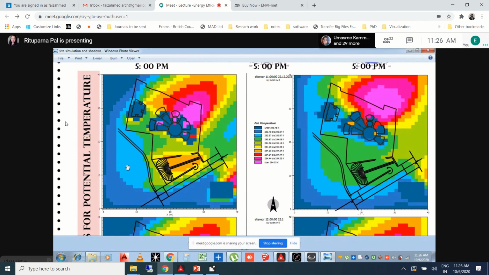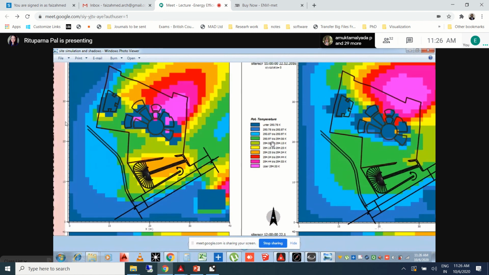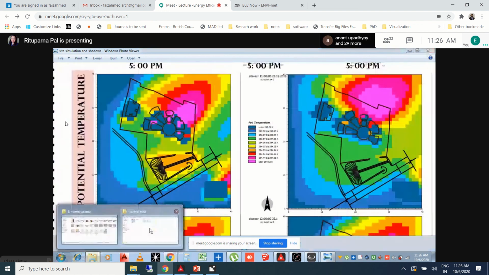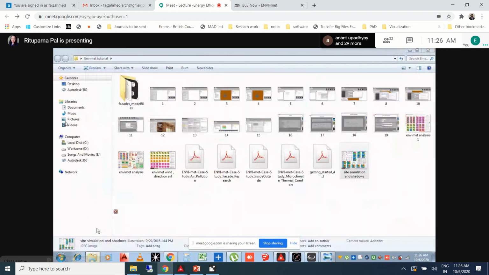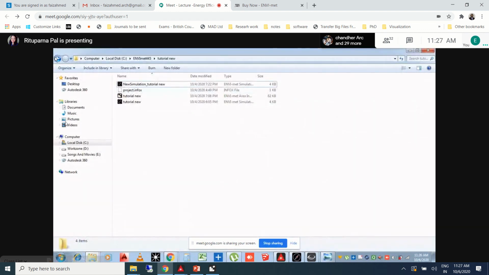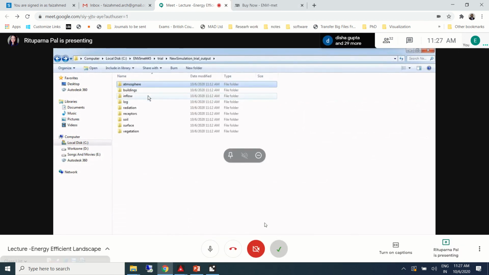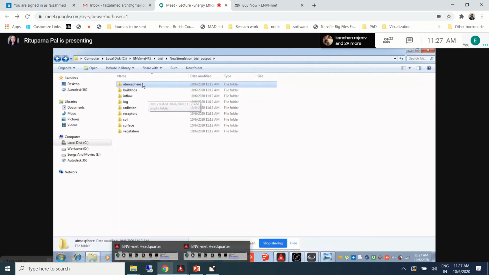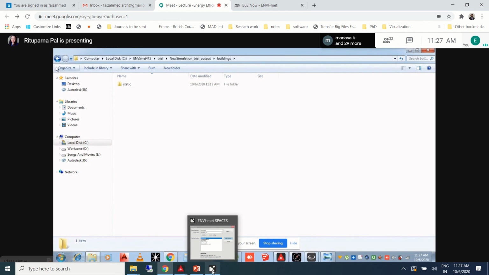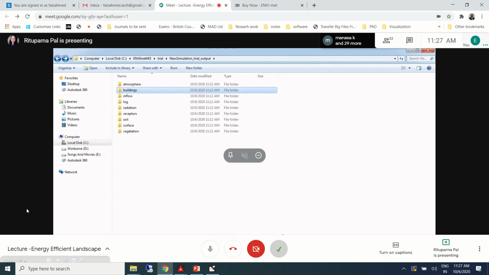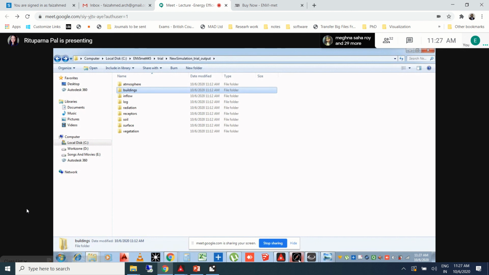So Leonardo basically gives you the entire visualization of your model, where you can see the contours of different colors, color contours, like pink and all these things. And you have different attributes which you can assess, like as you saw in your output file, you have this atmosphere which will have your temperature, mean latent temperature, and other related meteorological things which is directly into the atmosphere. For buildings, you will have the materials and other things. Materials and all these things are new in my file. In our thing, I did not find all those.